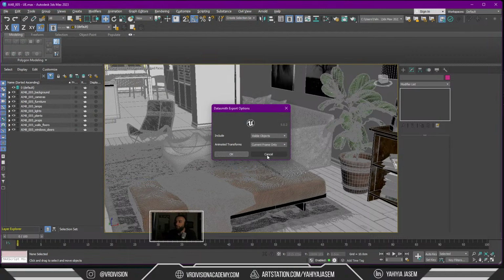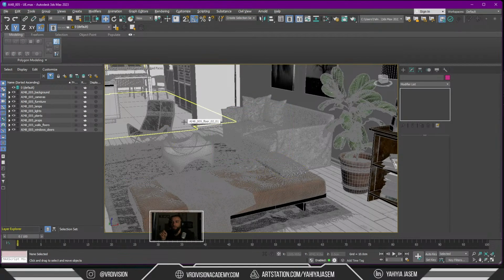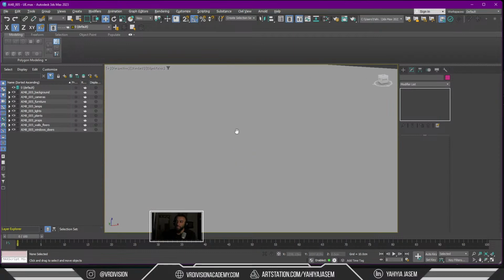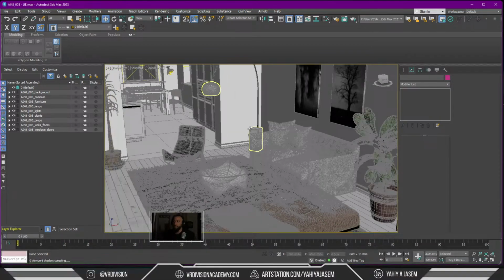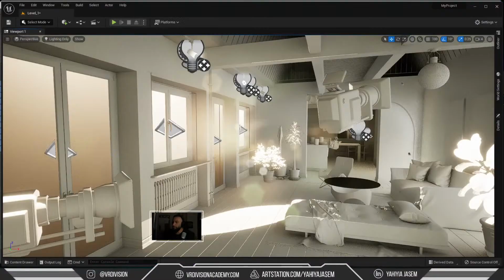No, don't do that. Don't export all your scene as one export. We can talk about many reasons why, but the main reason is, let's say you exported all your project like this, and now it's inside of Unreal Engine,